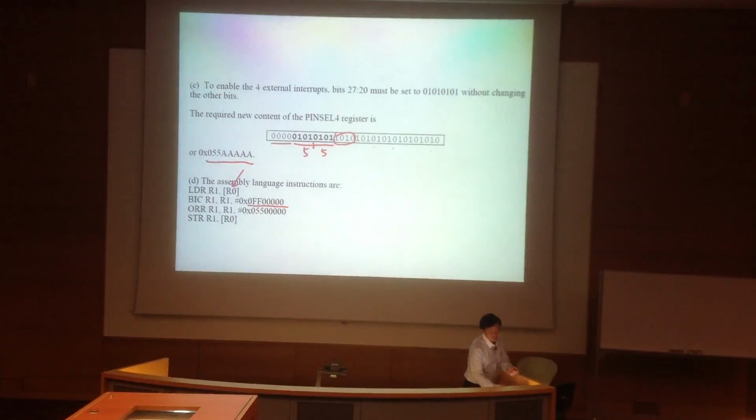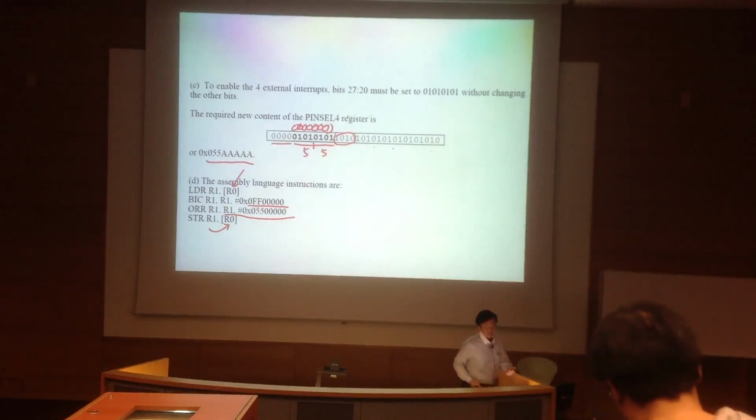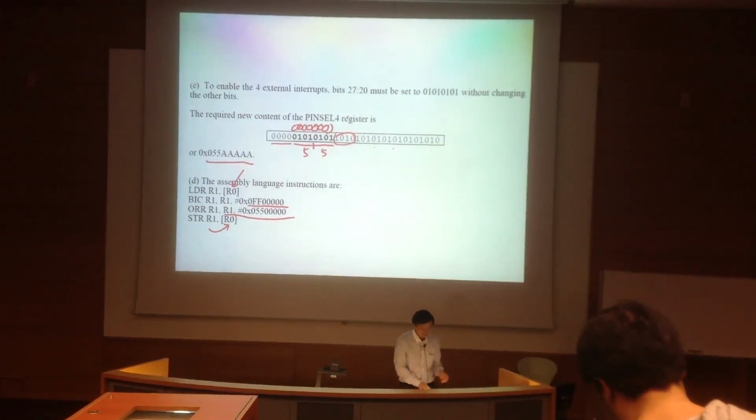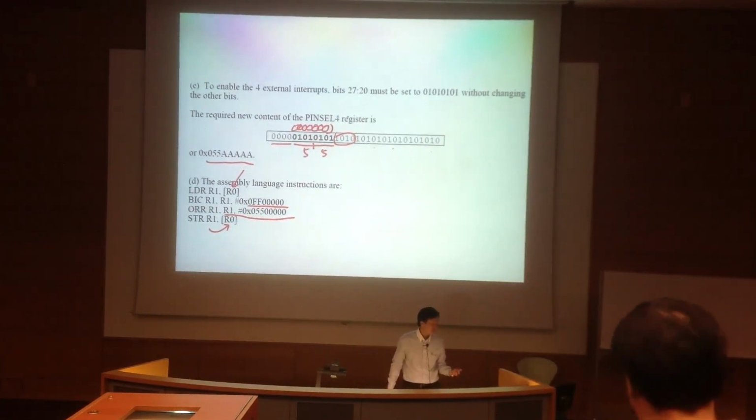Okay, so it's going to have the effect of clearing all this to 0. Then after that, you will OR with 5, 5. Okay, and then the answer you store it back into the pin select register, and then it is done. Okay. So you have seen this before in the tutorial sheet, but I just wanted to refresh your memory